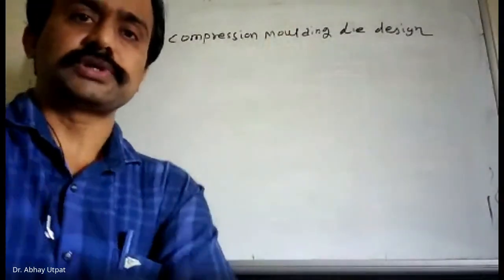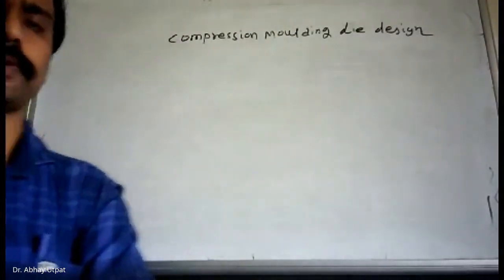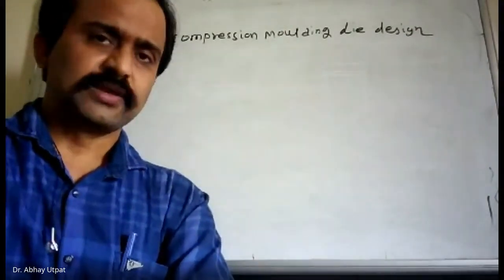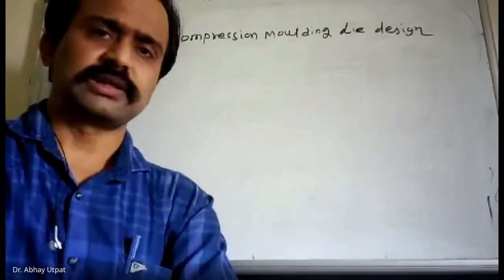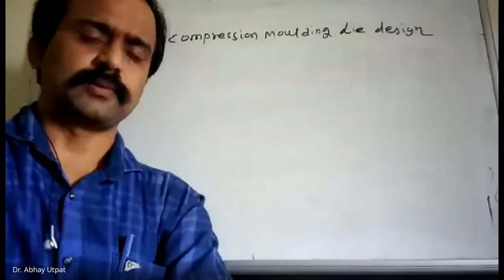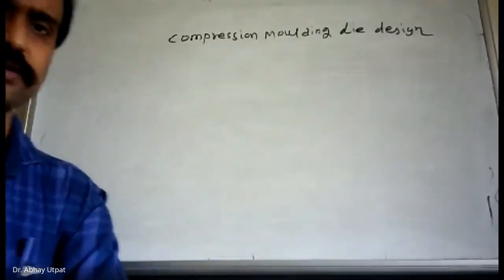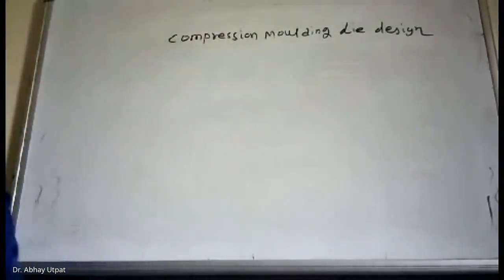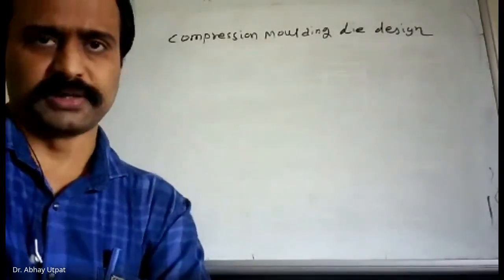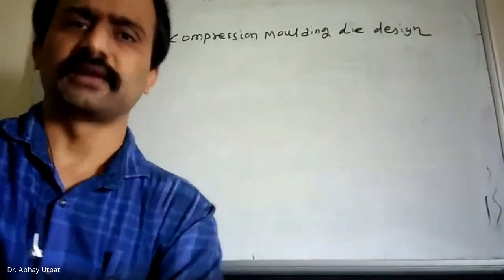So what kind of question will be asked? One thing you remember, in any kind of case study of mold design or part design, we are going to consider only the simple method. Other complicated parts, such as heating design, cooling chamber design, how thermocouples are attached, how heaters are placed, are not considered as far as your syllabus is concerned. So we are going to follow a very simple method, how the cavity is designed and how it operates. It includes only the calculations of the ejector pins at the end.